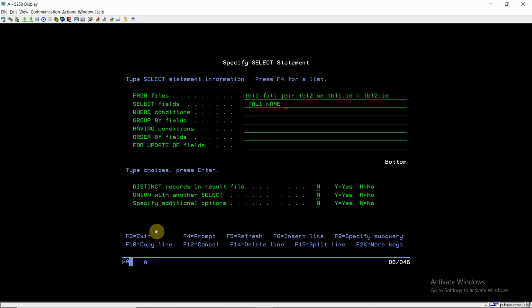So here we will be applying the coalesce function on all the columns, because we can have null values from either of the fields. There may be chances that the rows in the left table, table 1, may not have the matching row in the right table, or the right table may have some rows which do not have the matching rows in the left table. So for that purpose we will be using coalesce on all the fields here, which we didn't do in the left or right join operation. So for name it would be blank,